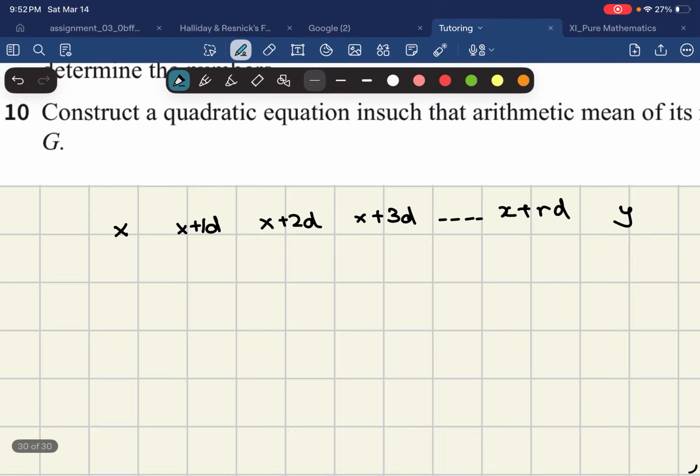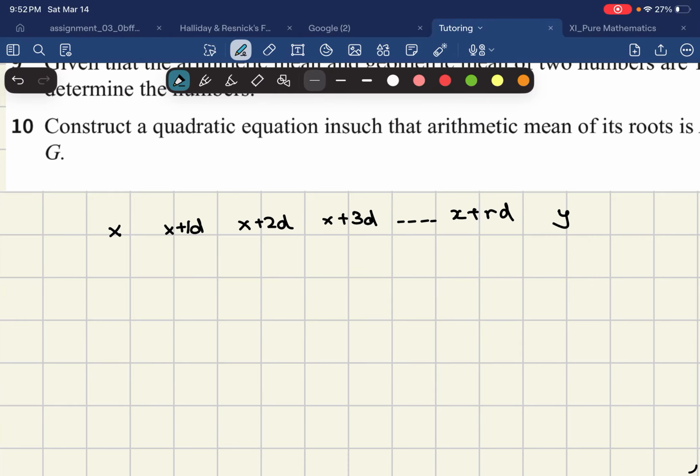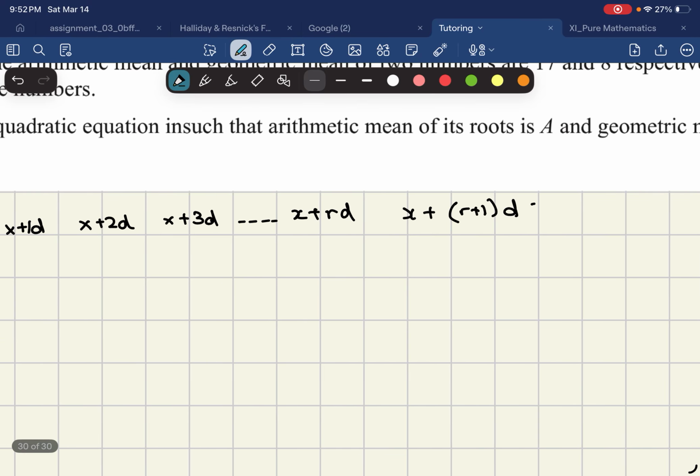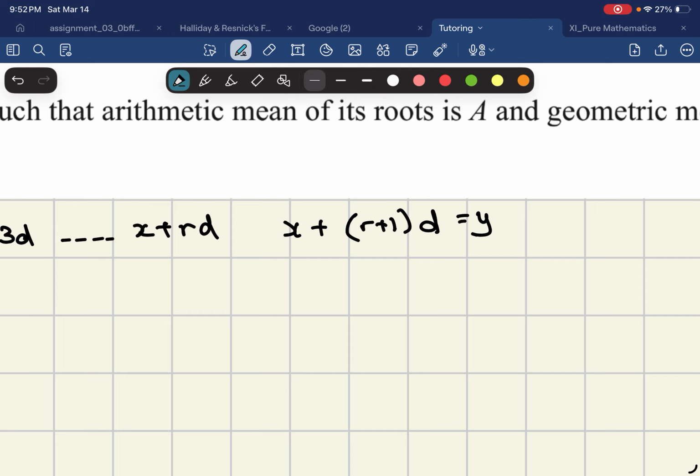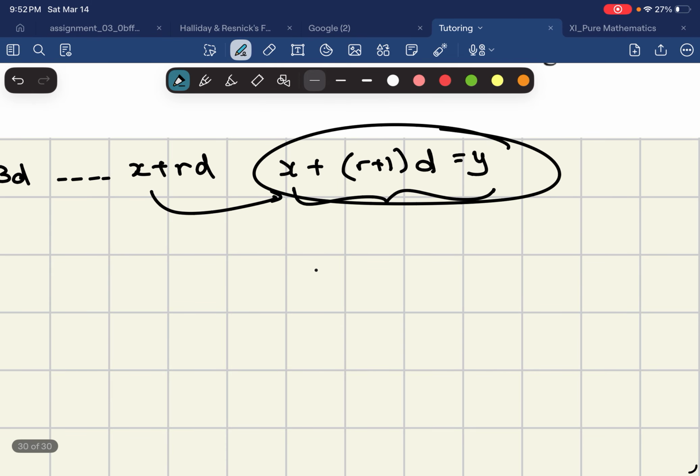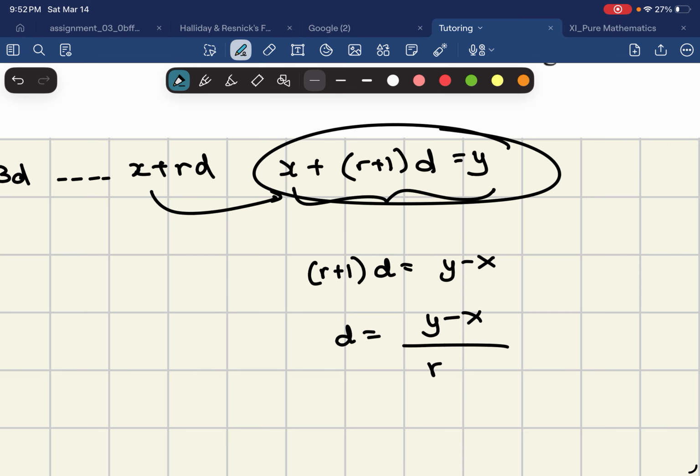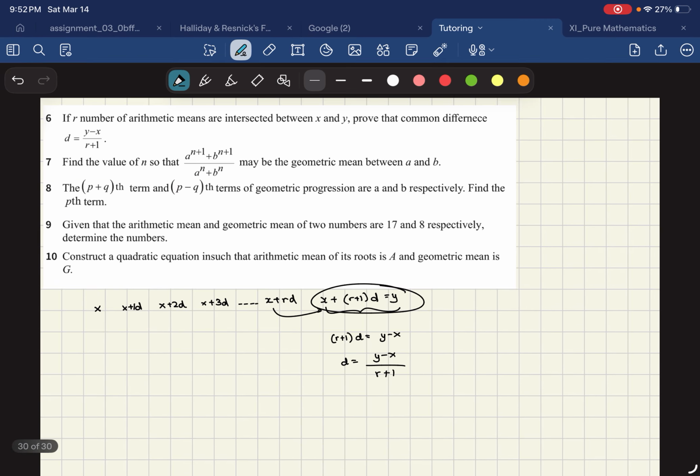I'm so sorry about that. So now we know that y is just x plus (r plus 1)d, right? That is just y. And using this, so basically our next term, so when I add one more d here, I should be getting my next term. And when I do that, I get this expression. And therefore, (r plus 1)d is just y minus x. And d is just (y minus x) divided by (r plus 1). And that is exactly what we're